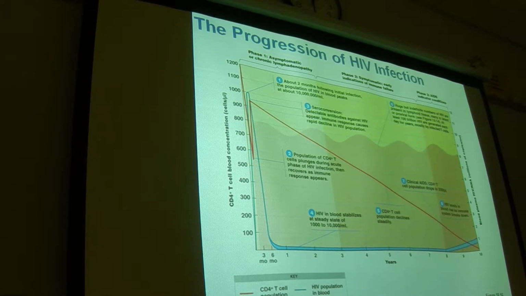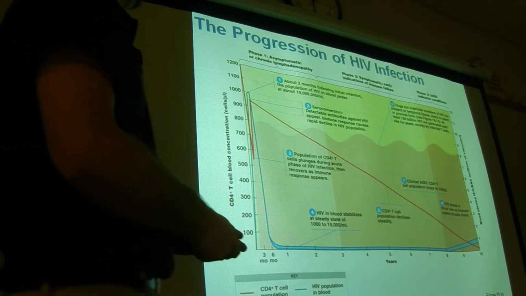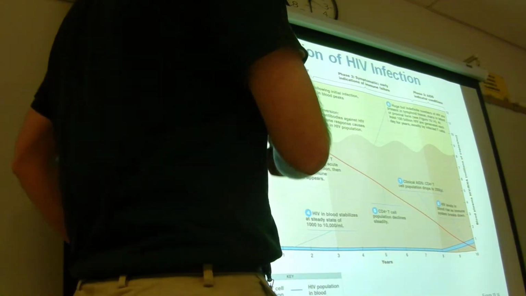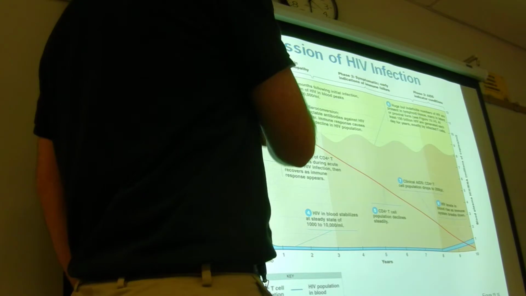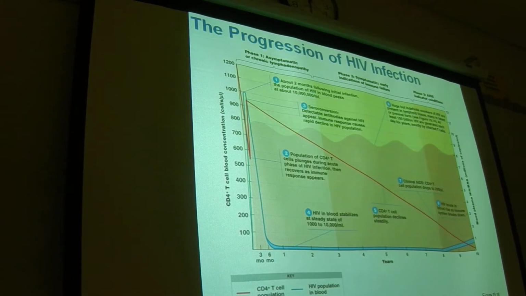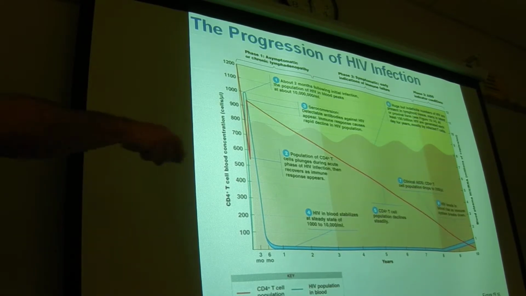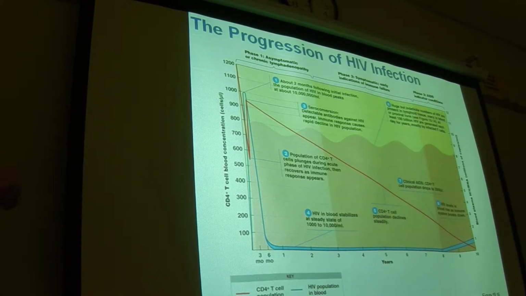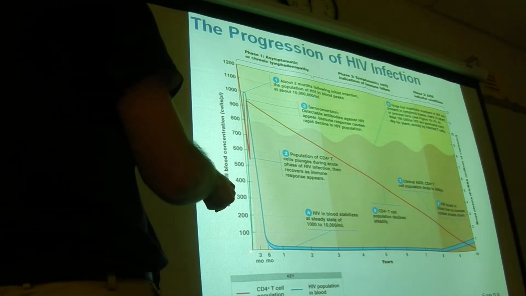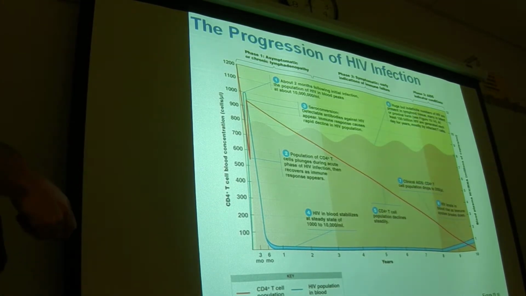Okay, so here's basically how the viral load and the CD4 T cells look. Let's see if I can help interpret this. All right, so the blue line would be the amount of virus that's in your blood, and the red line would be the number of CD4 T cells you have over a point of time. So this goes up to 10 years in this graph. So you get an initial infection at point 0, and you start to get a ton of virus in your bloodstream. That's because the virus is replicating faster than the immune system can keep up with it.